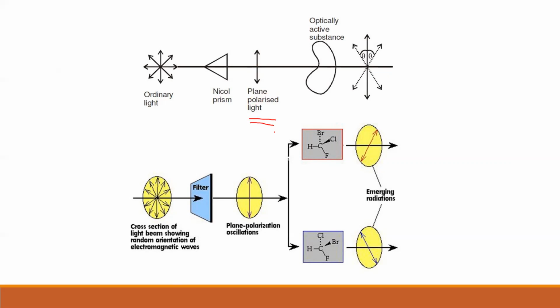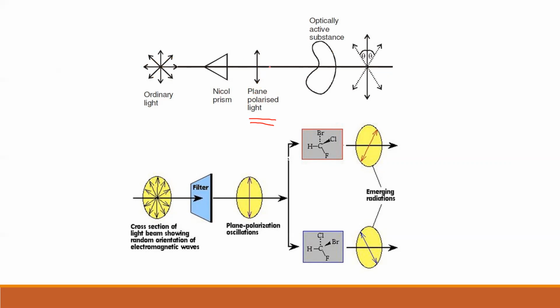Okay, what is this called? Plane polarized light. And this phenomenon is called polarization. So what's happened from left to right here is called polarization. Now this polarized light is vibrating on one single plane here, whereas it was vibrating on multiple planes here. It is vibrating on one single plane.